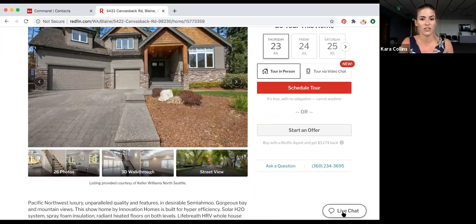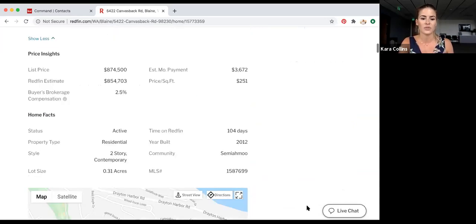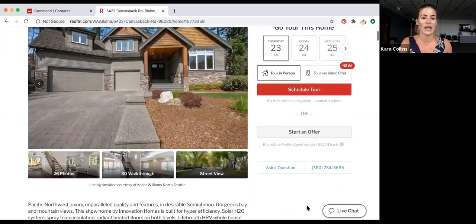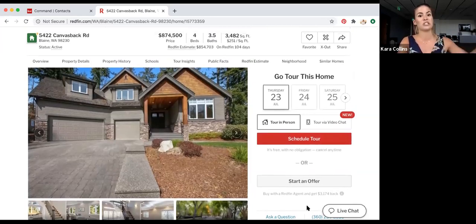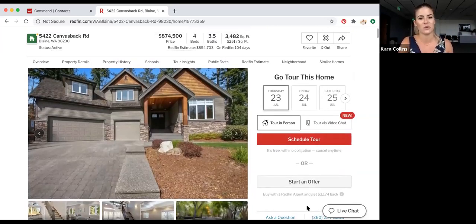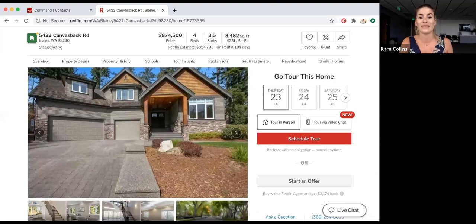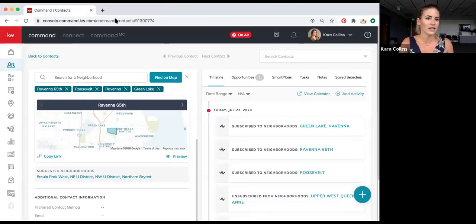This button right here, live chat, again, it connects you straight to a Redfin agent. All of these options on here, like I said, it's a great platform, but if you share this on social media and your friend shares that or something like that, it's so possible that you're just going to lose any potential leads you would have gotten from this. So don't do it, and let's make something better instead, and something that's going to be free for you to do as well. So I'm going to close out of here, and then go to this red KW,